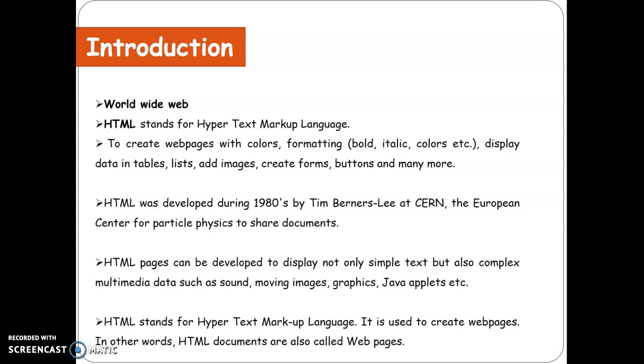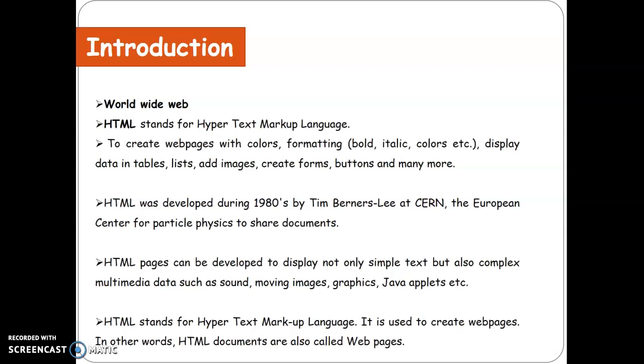Markup language means it is a computer language that uses tags to define elements within a document. HTML is used to create web pages with colors, formatting, fonts, and to display data in tables and lists, add images, create forms, buttons, and many more.